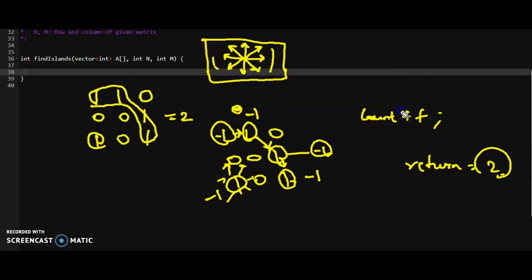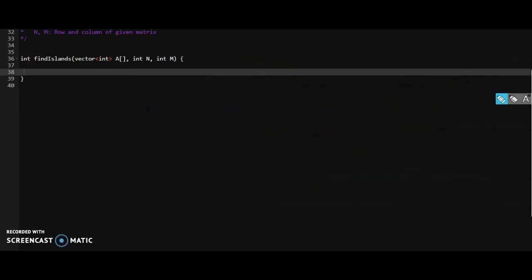So let's see the code part, then we will understand in a better way. So I am removing this, and let's implement the code, right? So what they have initially given is the matrix, and I will traverse it for n number of rows and m number of columns.